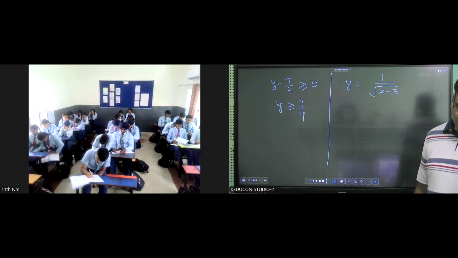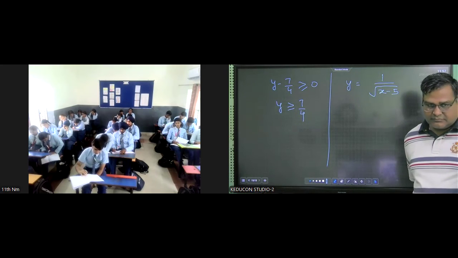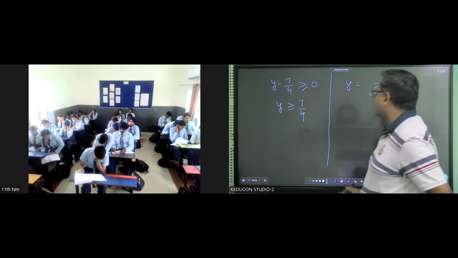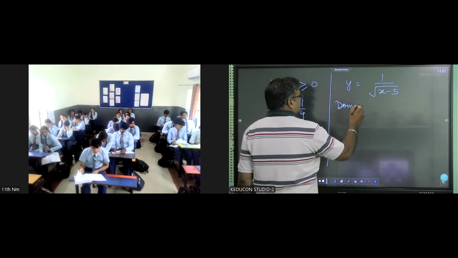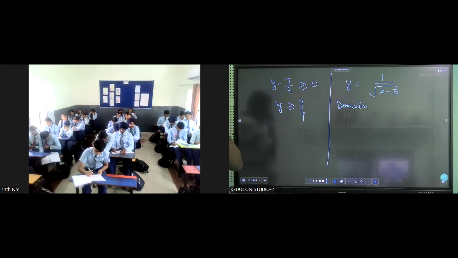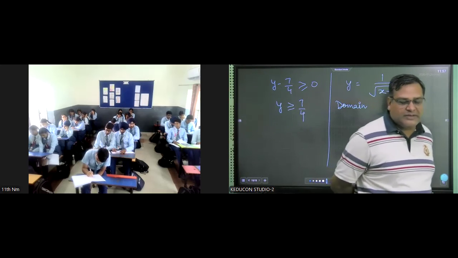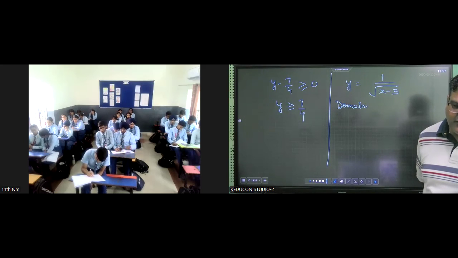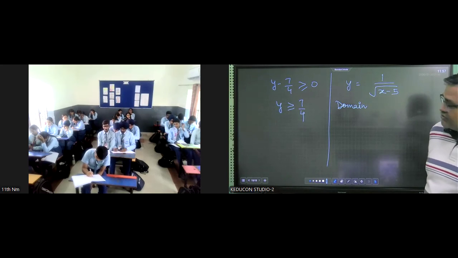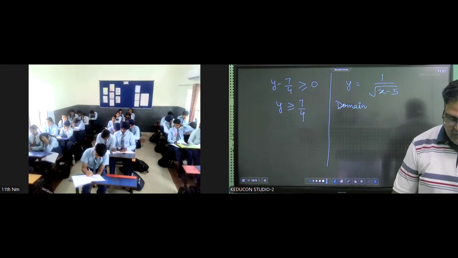What will be the domain? तो बड़ी सिंपल सी चीज थी, डोमेन तो निकालना है इसकी, एक ही स्टेप में हो जाएगा। देखिए आपको दो रूल्स थे बेटा डोमेन फाइंड आउट करने के लिए, डिनोमिनेटर शुड नॉट बी जीरो एंड द फंक्शन इन द स्क्वायर रूट शुड बी ग्रेटर देन इक्वल टू जीरो। टेल मी, रेज योर हैंड्स, अदरवाइज मैं पूछ लेता हूँ आप लोगों से किस किस ने किया।